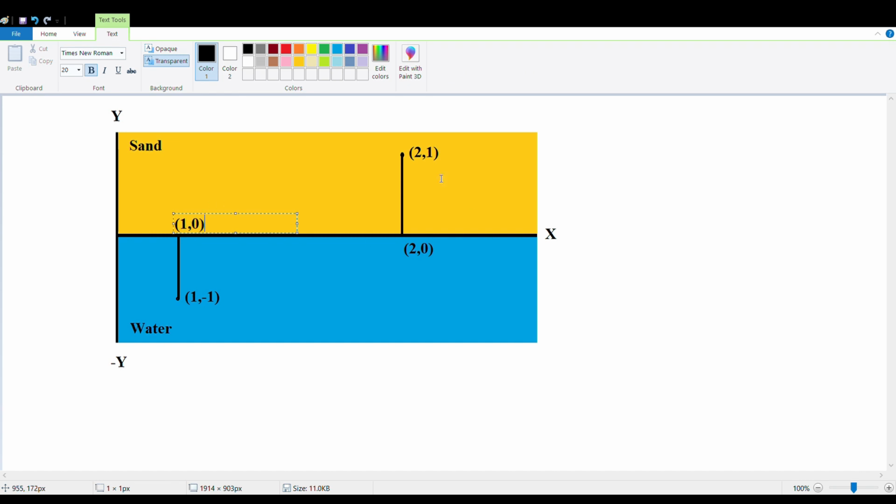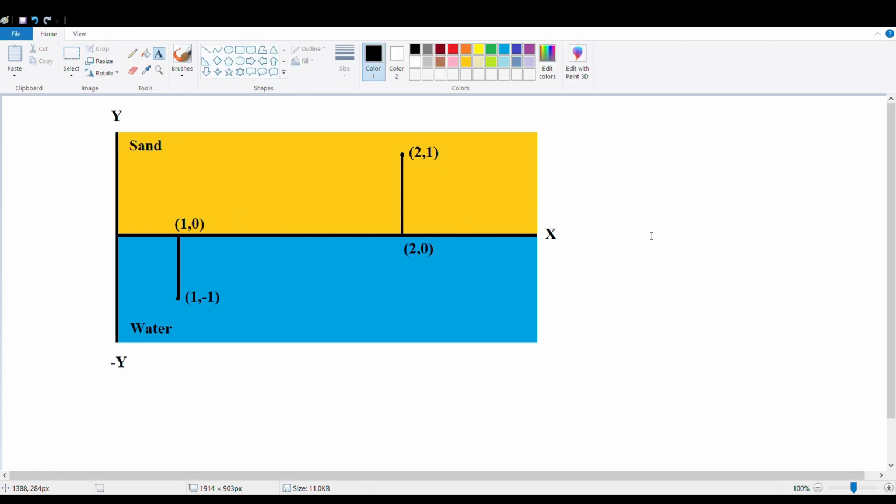Okay, now we know that our answer is going to lie between these two coordinates. Our optimized export is going to lie between 1 comma 0 to 2 comma 0, both of them included. Why? Because suppose even if the multiplying factor f is 15, even if he runs 15 times faster